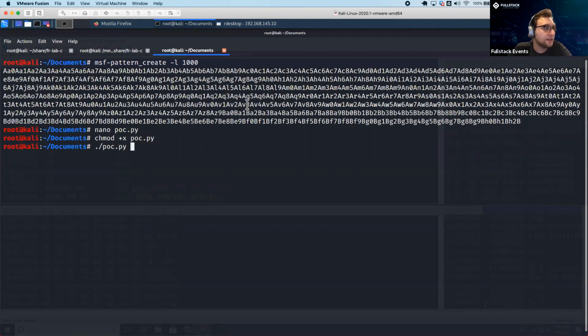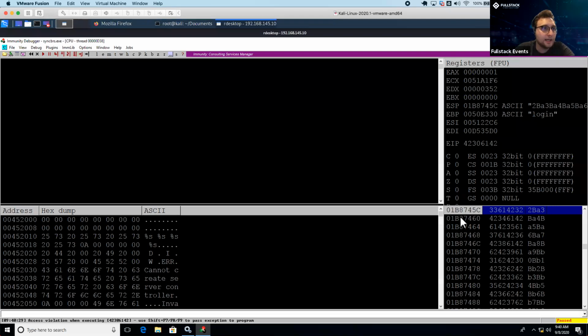I'm going to run this on 192.168.145.10. Is that right? Can't see. That's 10. Yeah. Okay. Cool. And let's run it. And we go back. The application crashed. You can see that ESP was cleanly overridden. You can see that EIP was overridden. But what the heck is